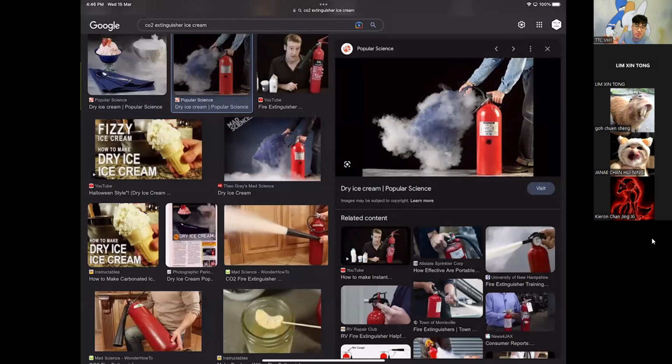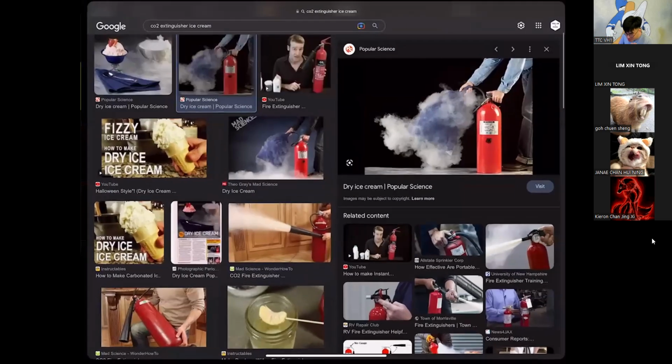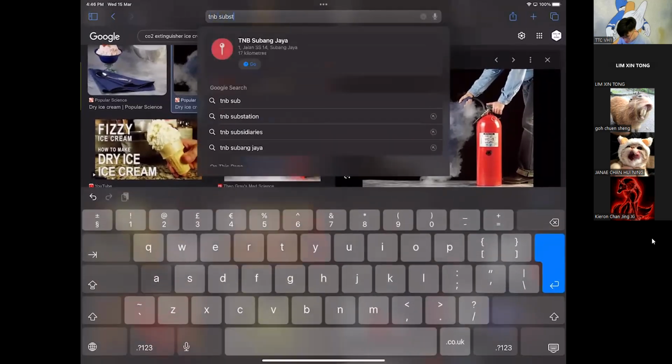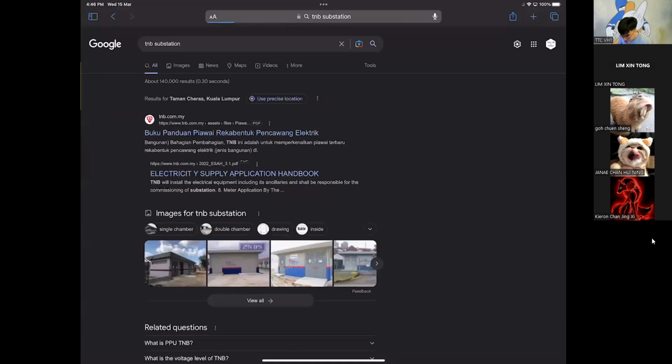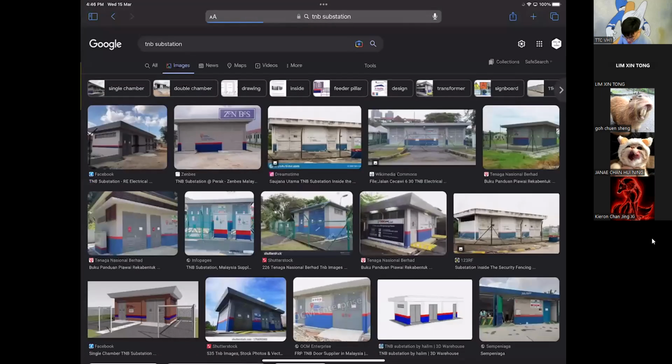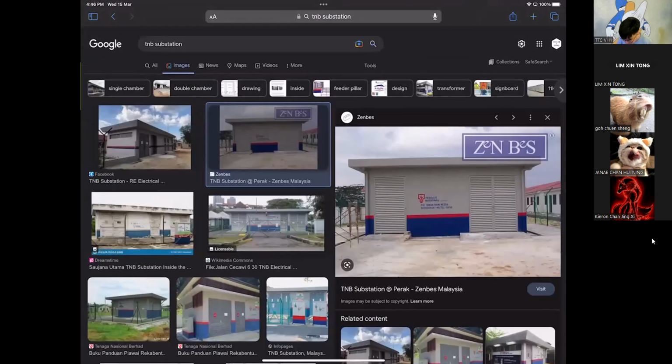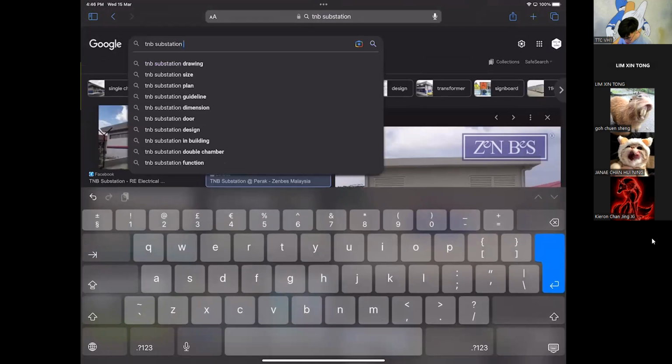So this is very suitable for restaurants or very suitable for your TNB substation. I think you learned this last year, TNB substation. You have this near your house, right? So the more you know. Anyway, inside your TNB substation, there is actually this thing called